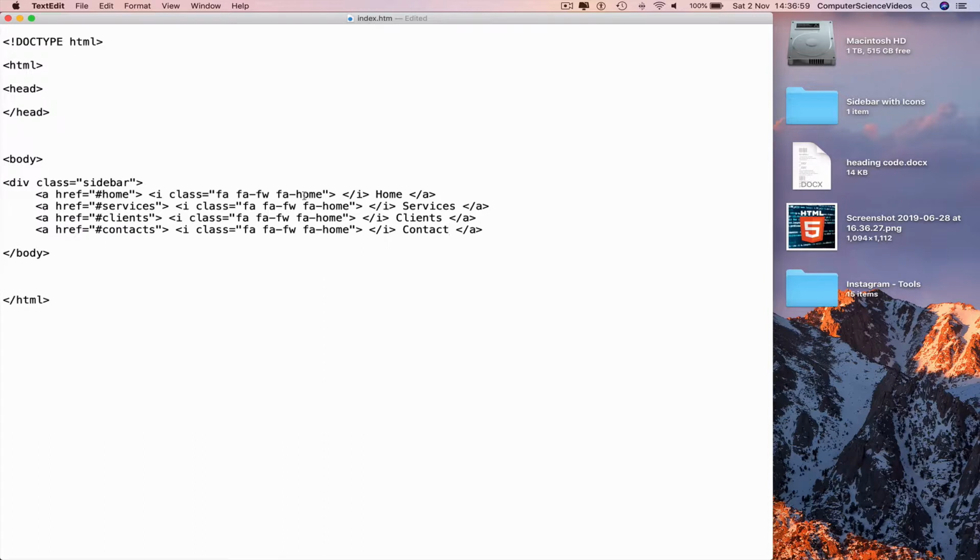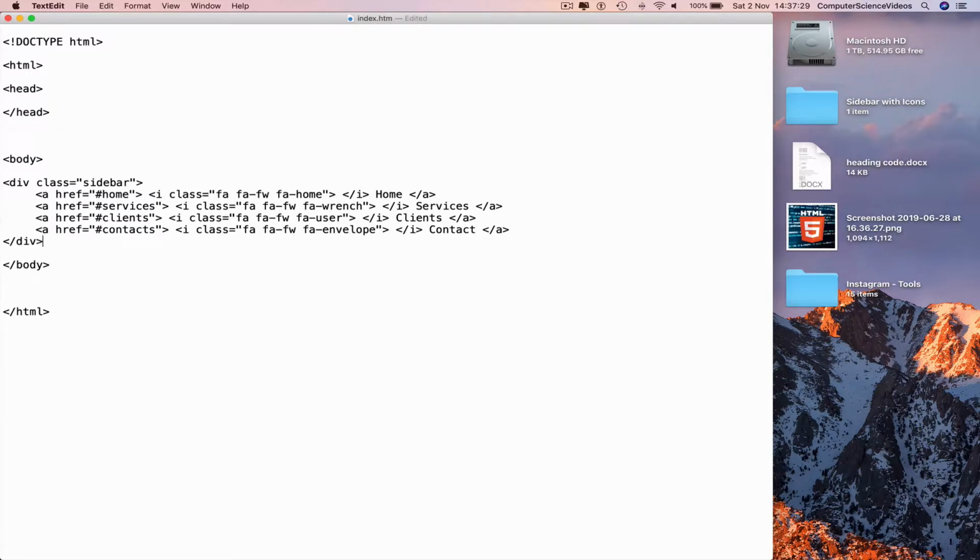And then change home in the middle to match the icon that will be visible once we bring in the CSS. So home, wrench, user, envelope, Command S to save,